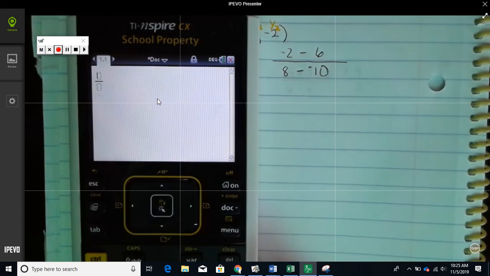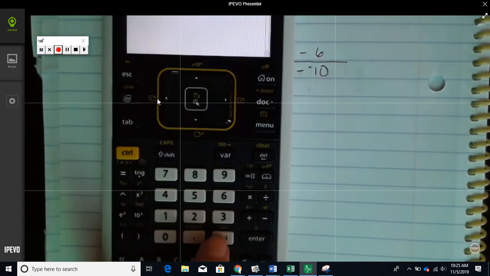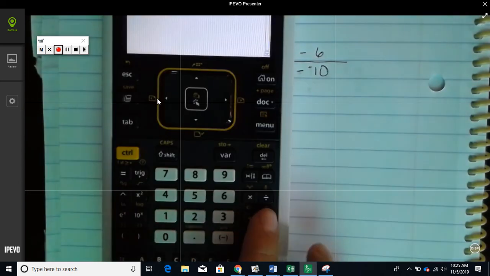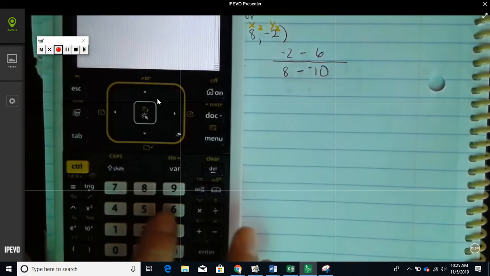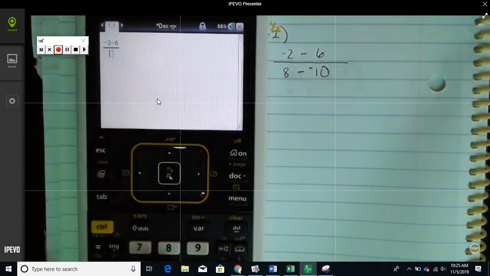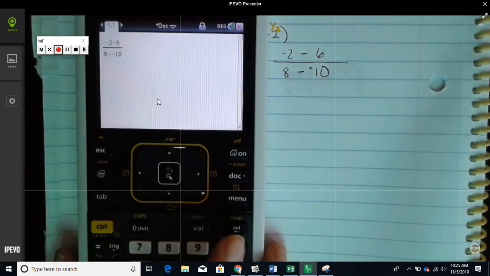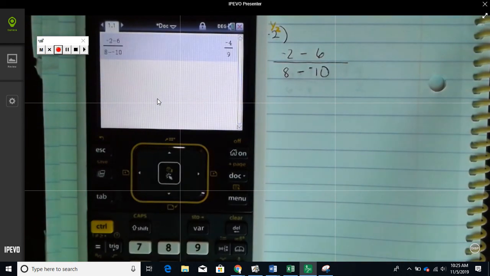So that's negative 2. Negative is the white one. Negative 2 minus is the black one. 6 over 8 minus a negative 10. Okay, press enter, and that is your slope. So in just a minute, I'm going to have you do the